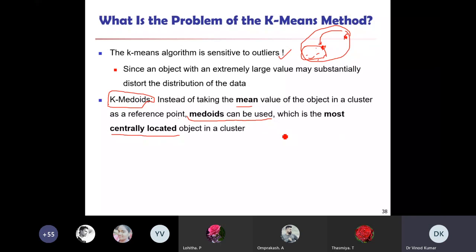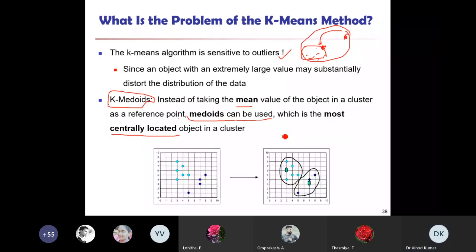This term you have to know, then it is very easy to understand how medoid works. That is partitioning around the medoid. One more thing: in the k-means algorithm we were calculating the mean in each cluster, but in k-medoid we will not calculate any mean. No need to calculate the means.